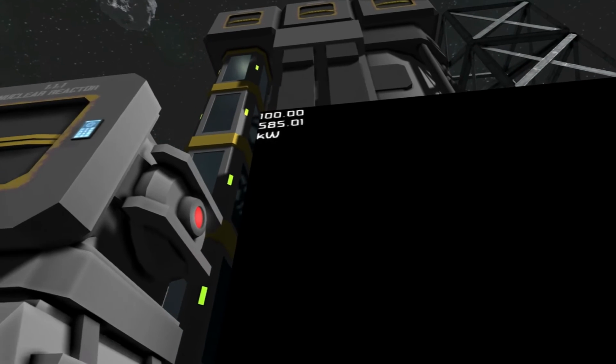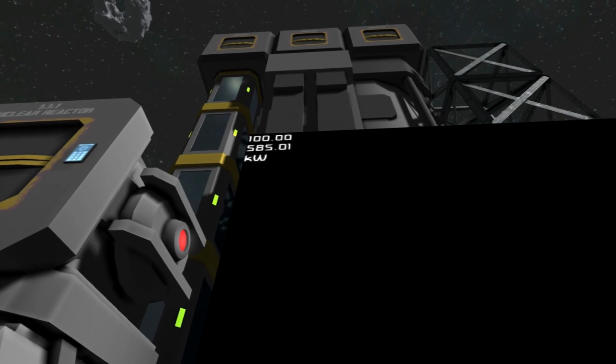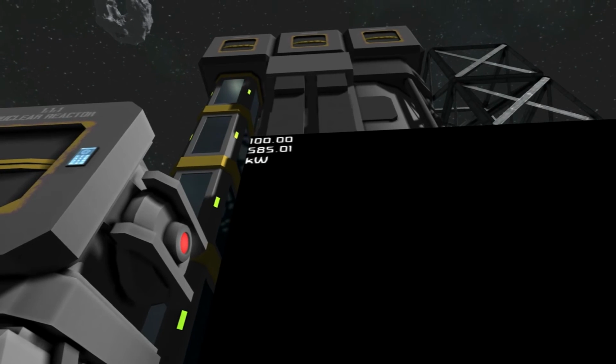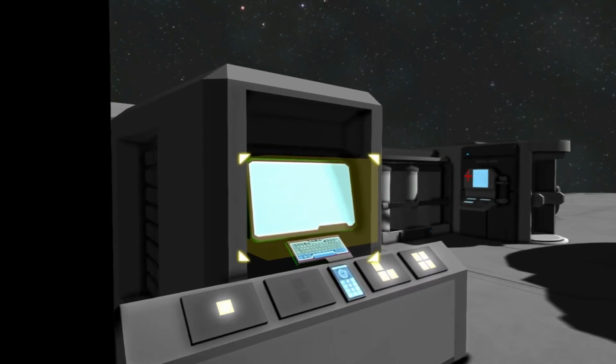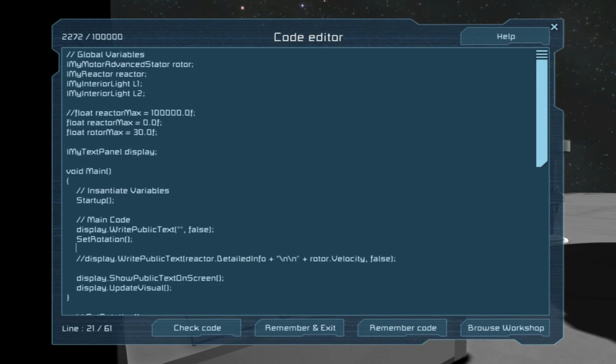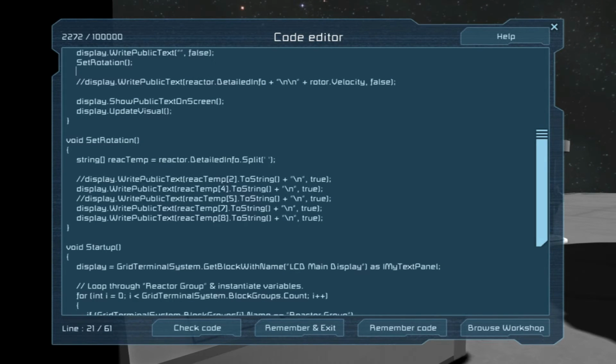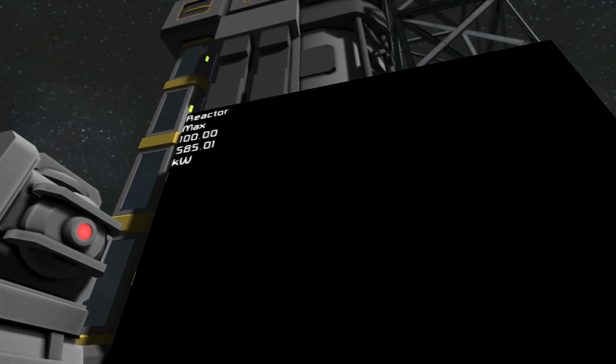Okay, so for example, we kept the 100, we kept the 585, and the kilowatts, but we lose the megawatts, which is somewhat important if we're going to actually calculate this legitimately. And I believe that was 2. Yes. So reactor max.